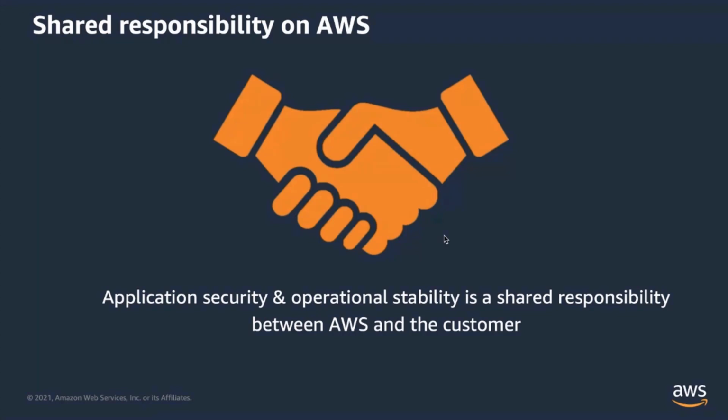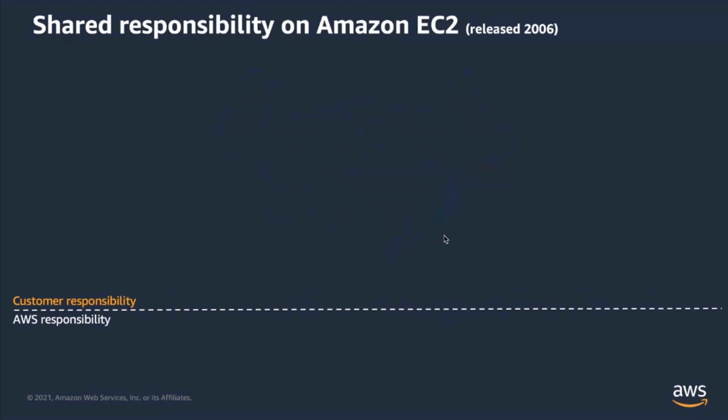And this shared responsibility looks different for different AWS services, and it has evolved as we've launched newer and newer services on AWS. So, starting with EC2, which is the first original compute service on AWS that was released way back in 2006,